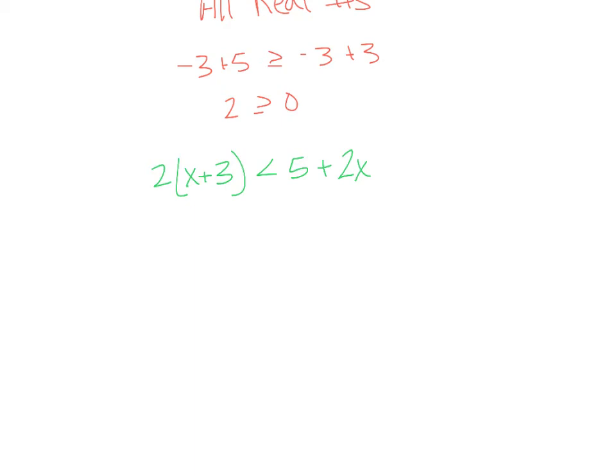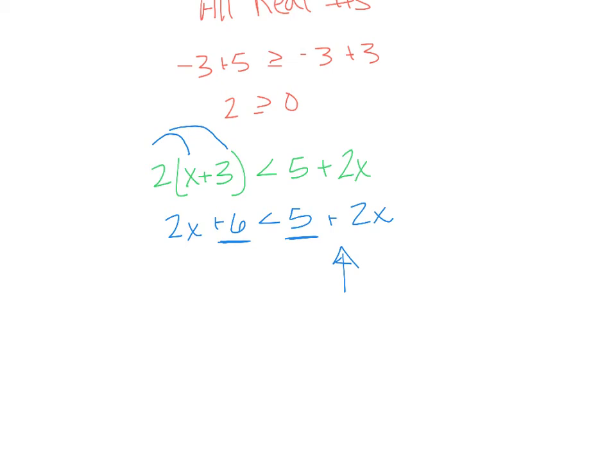Okay, first thing we do, multiply or distribute. Let's be all technical here. And we get 2x plus 6 is less than 5 plus 2x. Okay, we have a 2x on both sides, so like the problem right before, it's the same. However, this side's constant is bigger than this side's, and it says that this side is always going to be bigger. However, since the constant's smaller on this side, and it says the side with the smaller constant is going to be bigger,